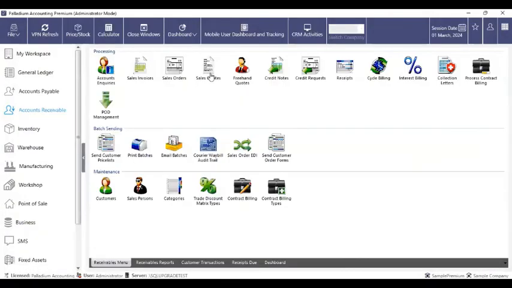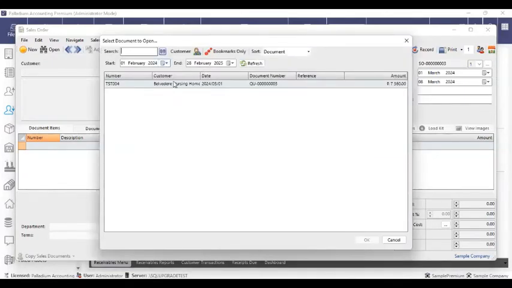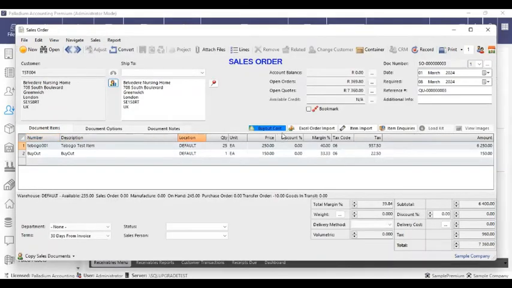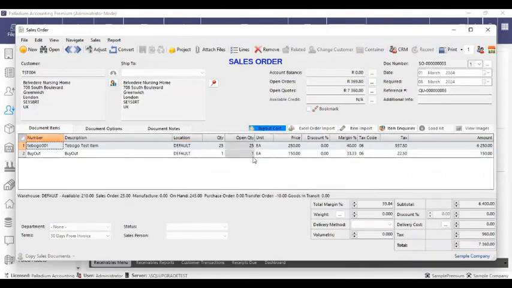Then from here, we can convert our sales quotation into a sales order. What the order does, the order will reserve our stock. If we come to a sales order, convert, we've got our quotation there. We double click, then it comes up to this. I'm going to record this. Now that it has been recorded, if you look at our available tabs now, it will show that at the moment what we have available is 210,